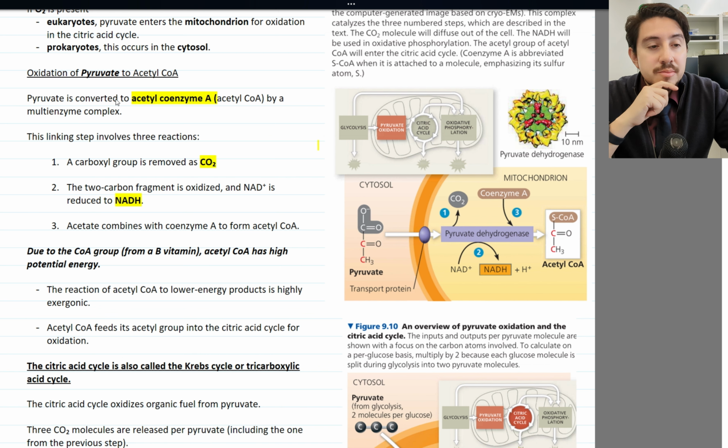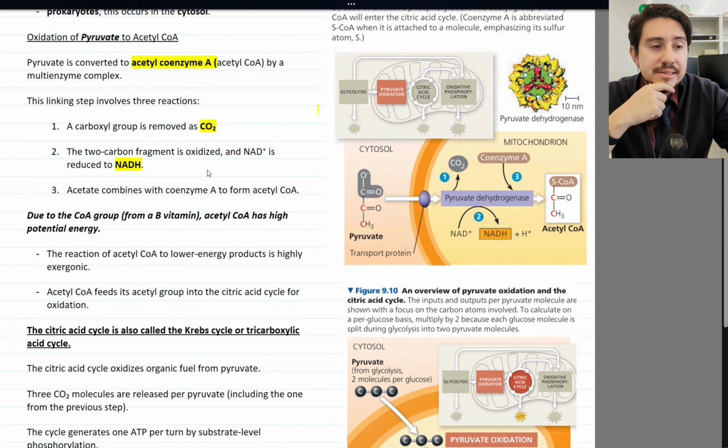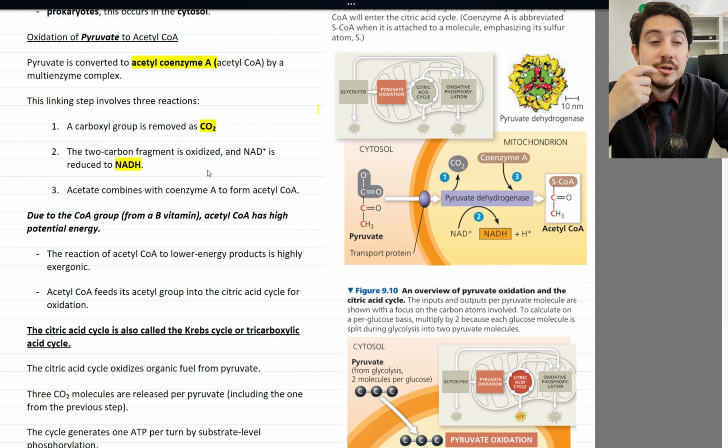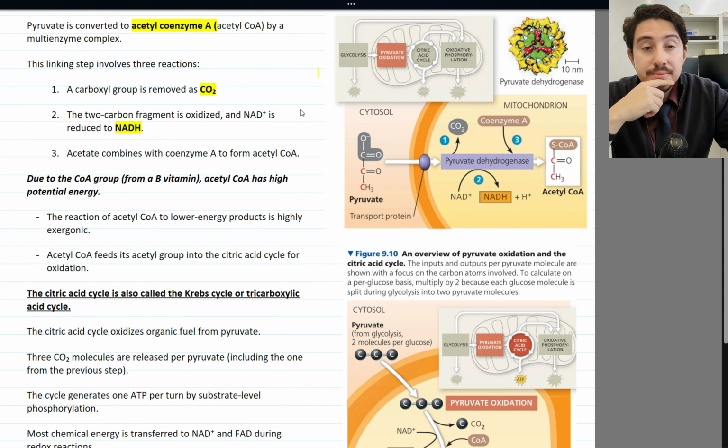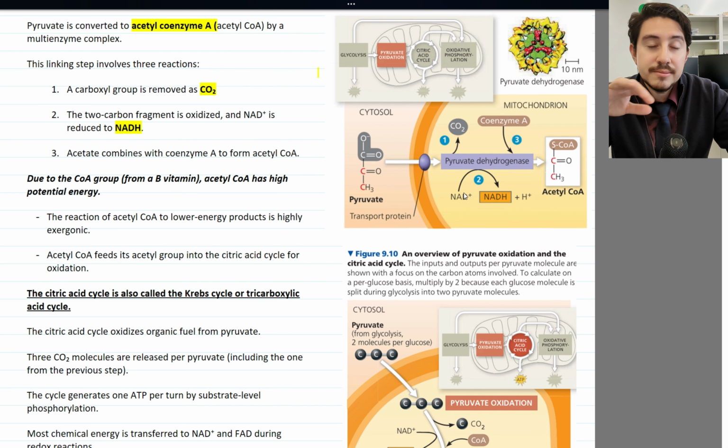Pyruvate is going to be converted into acetyl coenzyme A, or acetyl-CoA for short. This is a multi-enzyme complex that will attach to a 2-carbon compound that we're going to take a look at. The main things that occur here, and this is the general reaction diagram of what is happening: a carboxyl group is removed